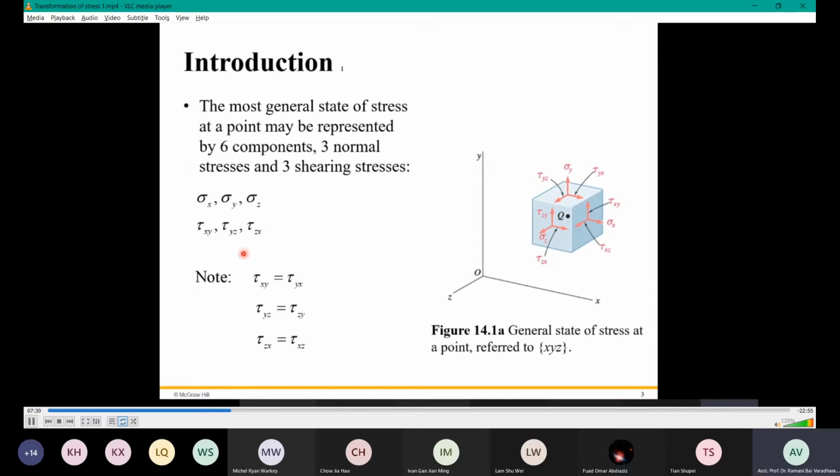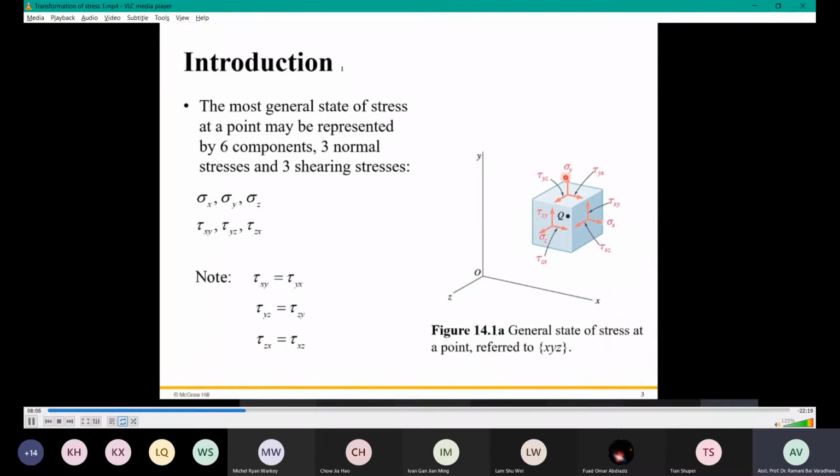Okay, let's give the notations. The notation I follow is sigma x, sigma y, sigma z, all normal, and tau is treated as shear stress. This requires a plane because it is a 2-dimensional effect. It is a 2-dimensional effect. I will explain later why it is 2-dimensional. For now, shearing is happening with a plane. So xy, yz, and zx. It's all written here. When you take a cube,